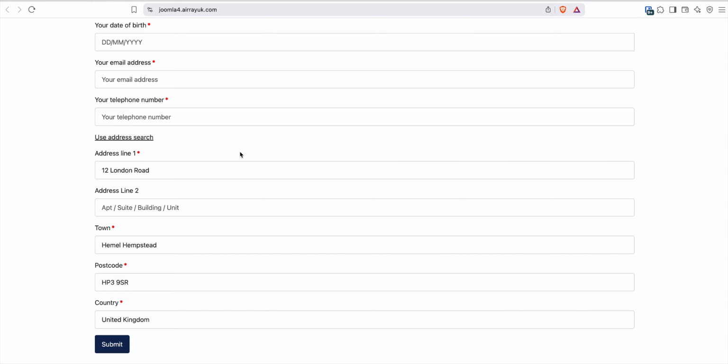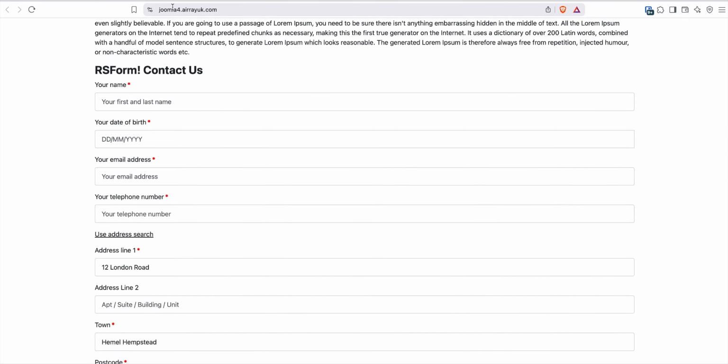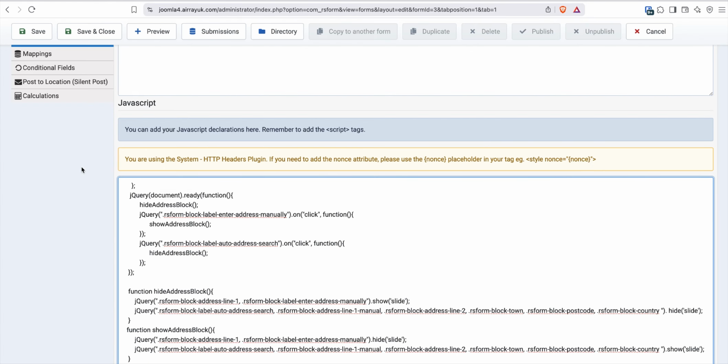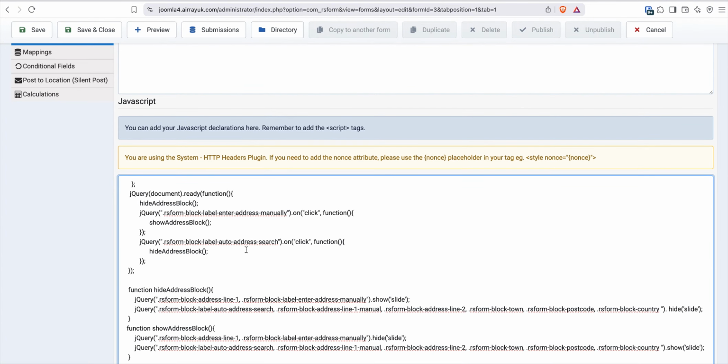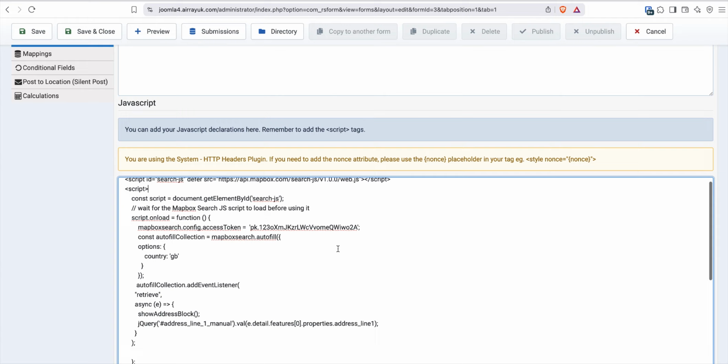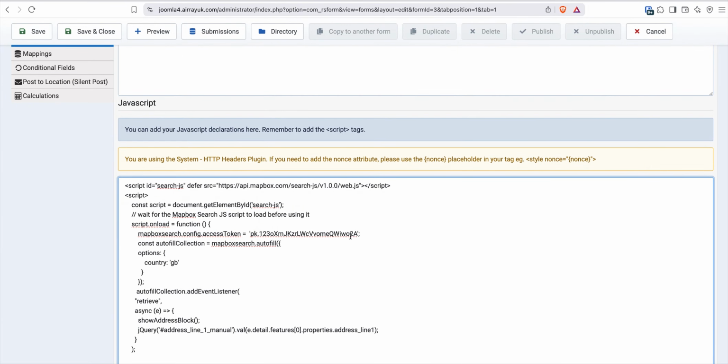And behind the scenes, how this is implemented is this is an RSForm JavaScript block. So that's where we have to introduce the Mapbox block inside the JavaScript block. The first line is the library that we have to link. And then underneath is a piece of code that initializes the library, and on load, we will initialize autocomplete or autofill